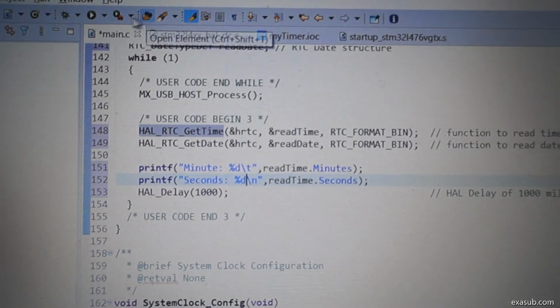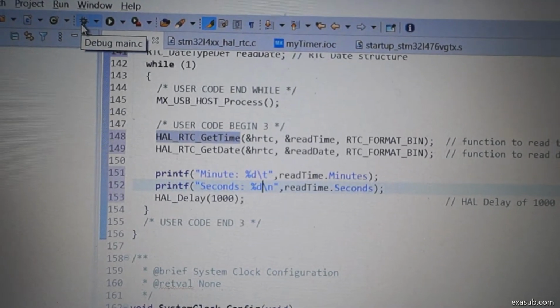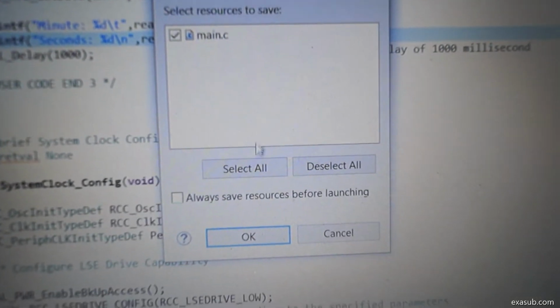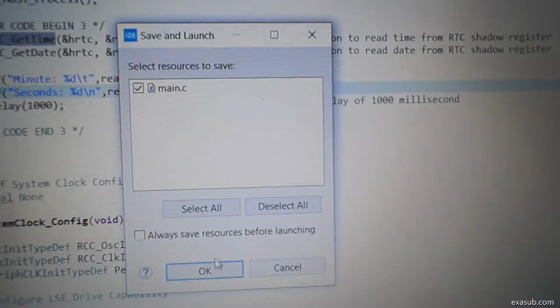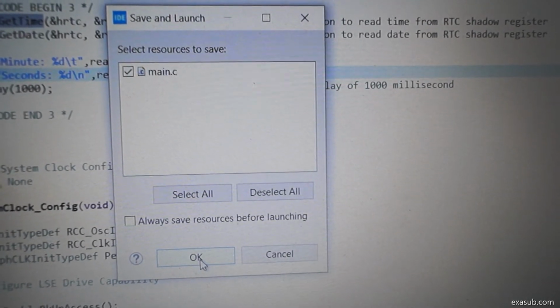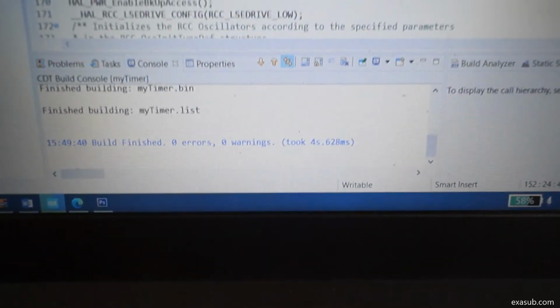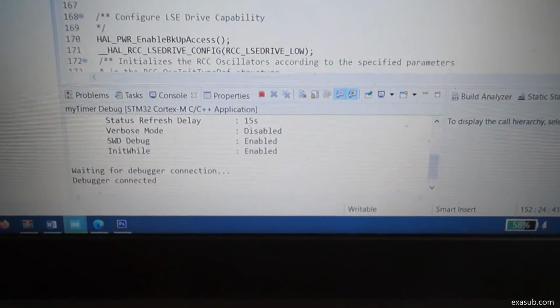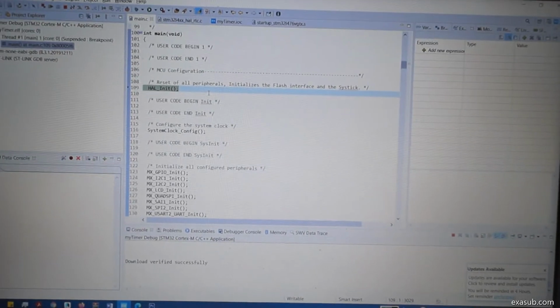So let's see it in action. Let's click on debug here, and if we click on debug, since I have added some comments, it is telling me to recompile and save it. So if I press OK, it will compile and enable the debugger. Now my view has changed from editing the code to debugging.